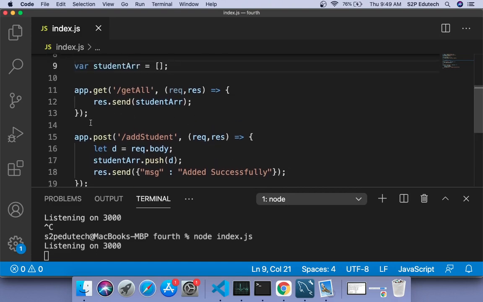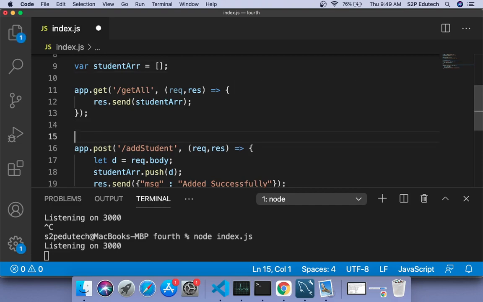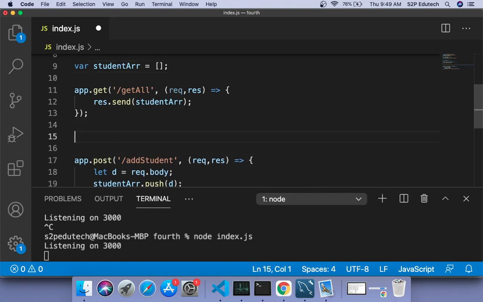Right? Now next is, let's say if I want all my students to be arranged in ascending order of their names. So we know that there is a sorting functionality in JavaScript, that sort function, right?